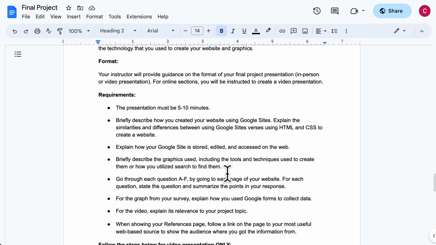you created your website using Google Sites and explain the similarities and differences between using Google Sites versus HTML and CSS. You should also explain how your Google site is stored, edited, and accessed on the web. You should describe the graphics that you used, including the tools and techniques used to create them. You should go through each page and each prompt, dedicating enough time to make your main points about the impact